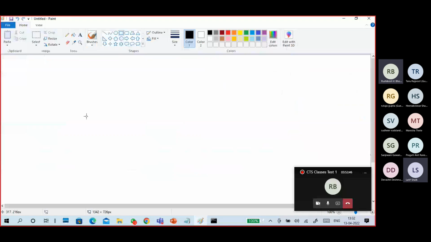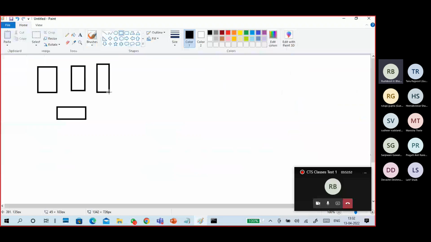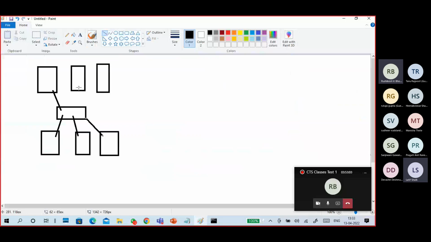Look, you have a network, and I want to connect this network to other networks. How to connect it? Through a router only.